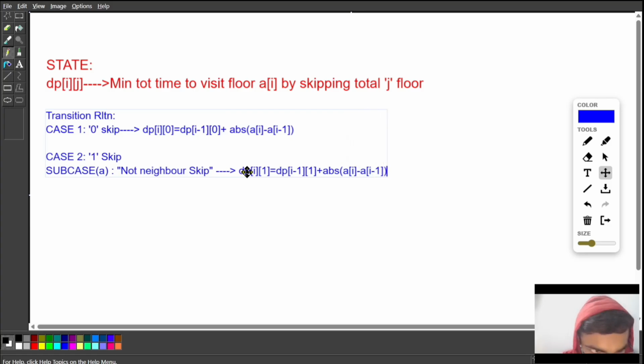Subcase B could be that I have skipped the neighbor. Earlier we don't have any skip, but I have skipped the neighbor. So the neighbor gets skipped. If you skip the neighbor, then the current state would be